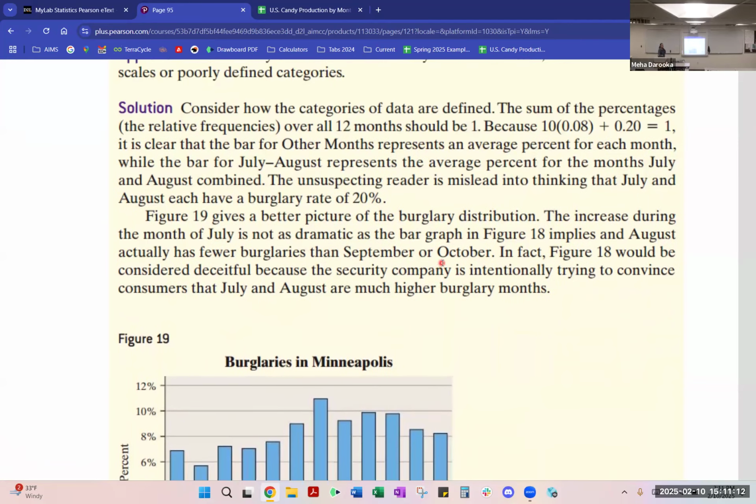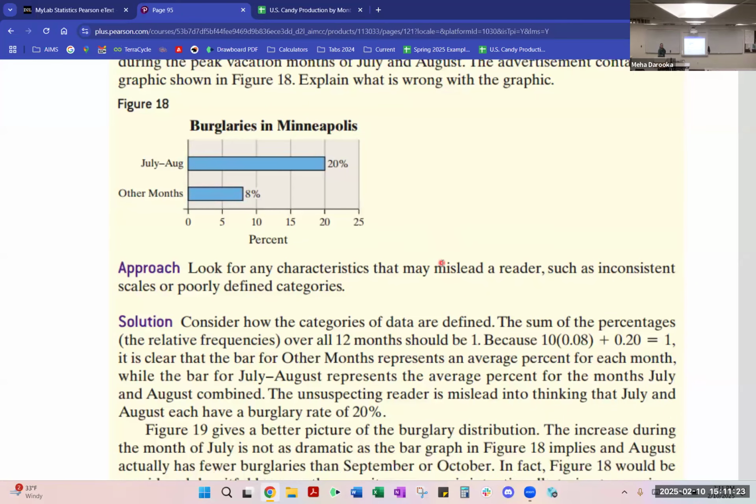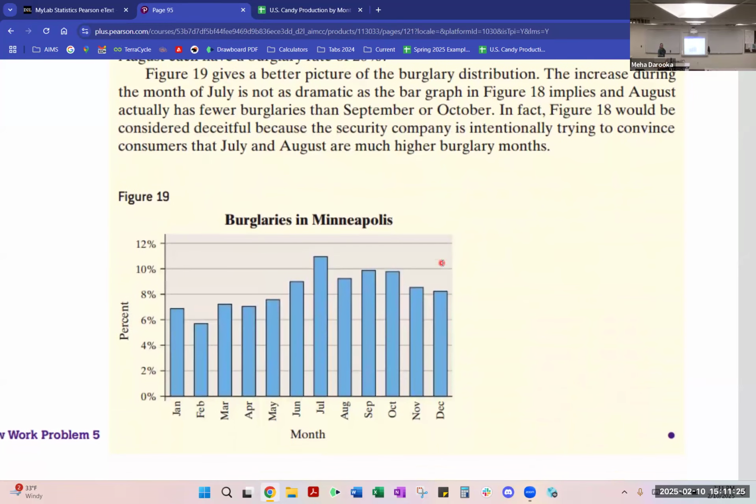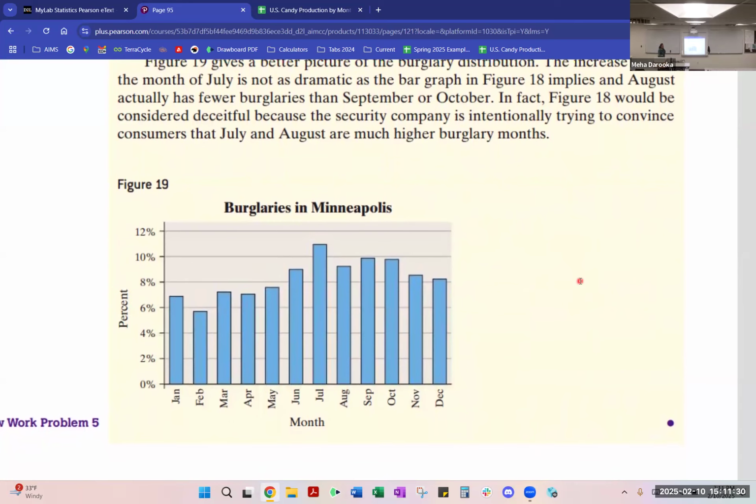You cannot group the 10 months out of the year as other months and say that's only 5%, but then group July and August together and say, oh my God, it's 20%. So, hire our company to save your house, or whatever that advertisement goal might be. So you can see over here, now look at this. We can see we're going from January all the way to December for each month. We definitely see a big spike in July, and you can see July looks like about 11%